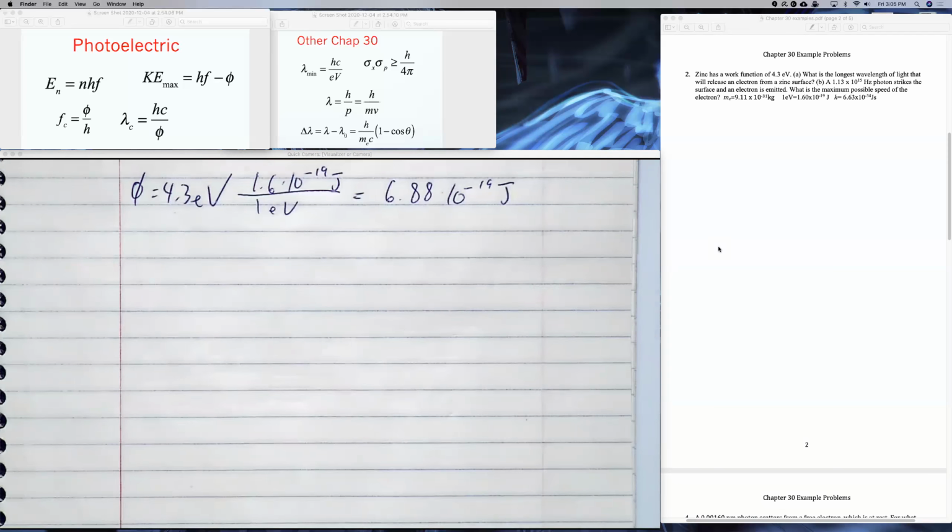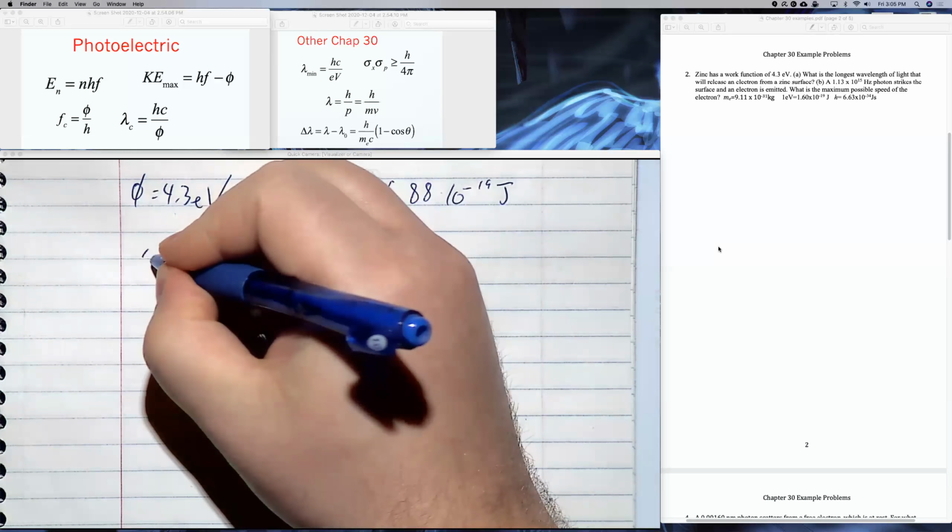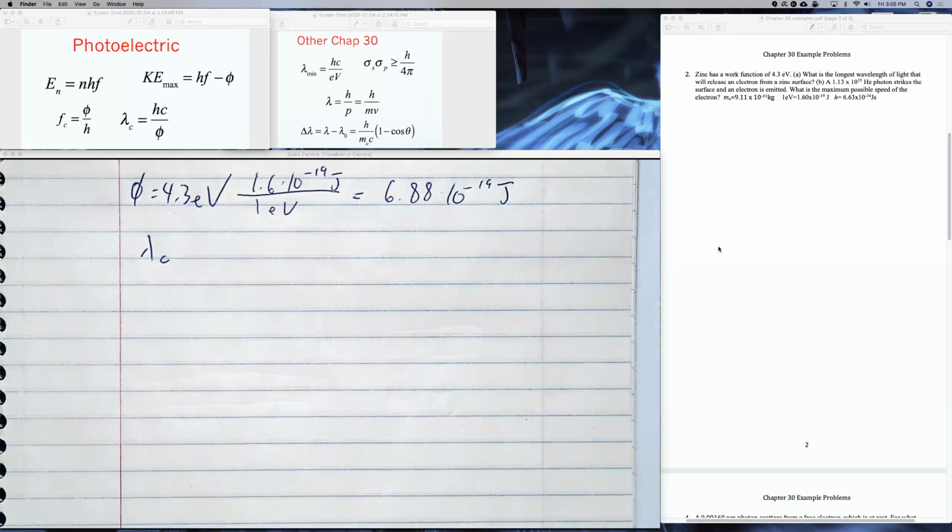And it says, what is the longest wavelength of light that will release an electron from the zinc surface? The longest wavelength of light, that would be the cutoff wavelength. Now, I've given this equation in class, what the equation for cutoff wavelength is. It's actually written right here in front of us. But to explain where that comes from again,